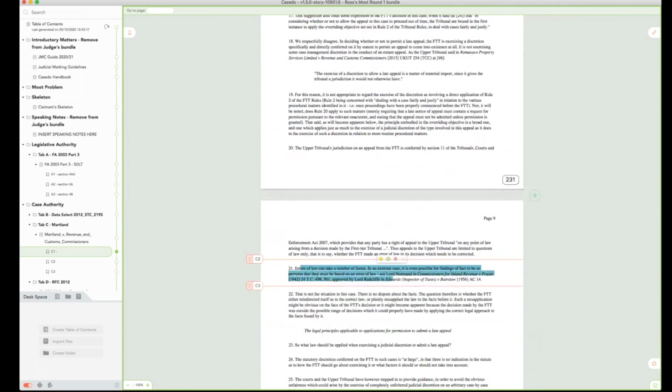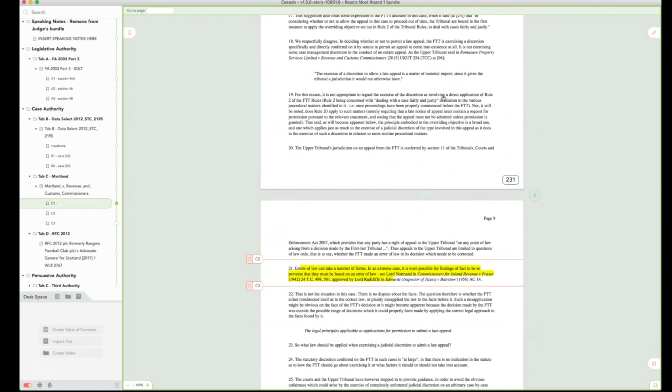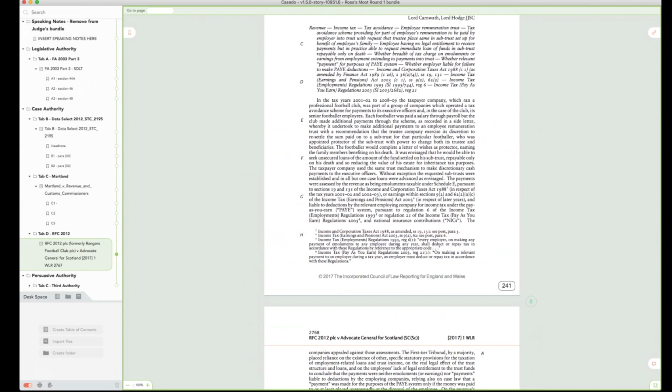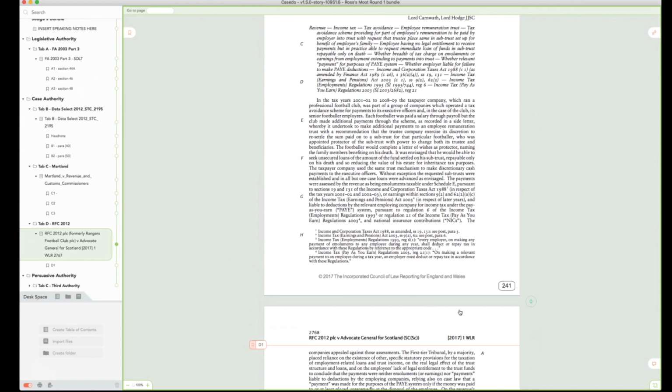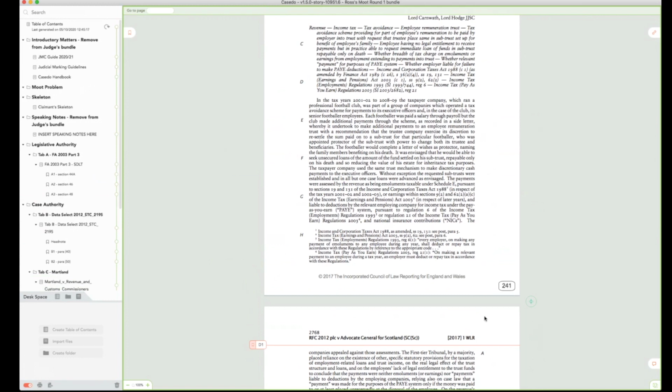We can highlight if we want to, and you can see how this case is now beginning to look like a bunch of references we can make. You may find obviously lots of your cases will only have one reference. The same would go for persuasive authority, although what we should now note, of course, is that this in the example bundle is tab C. It's no longer tab C because tab C is a case. So having added our cases, we'll rename that tab E, and we'll bring in whatever authority it is, a book or whatever it is we want to put in there.